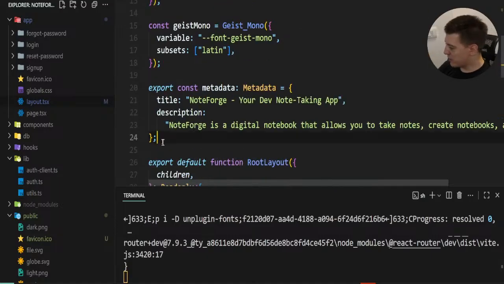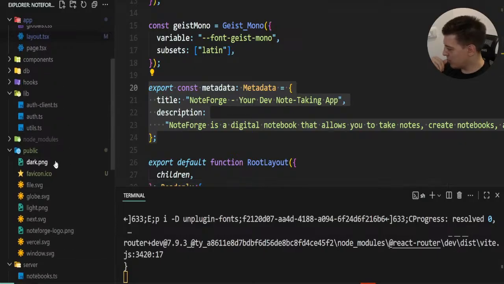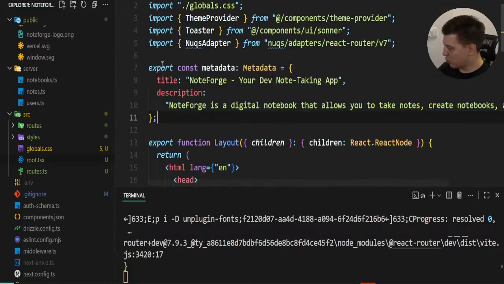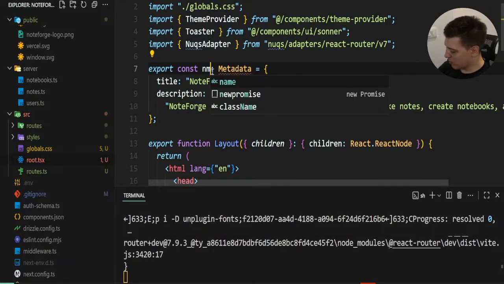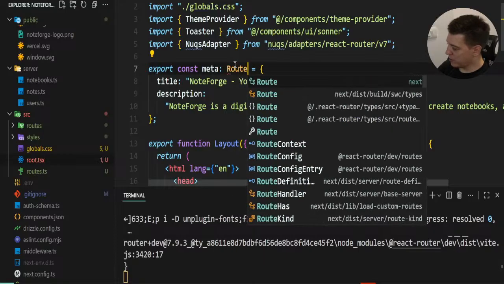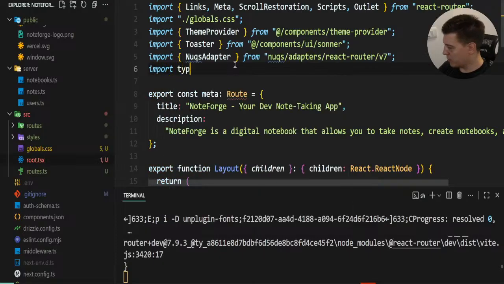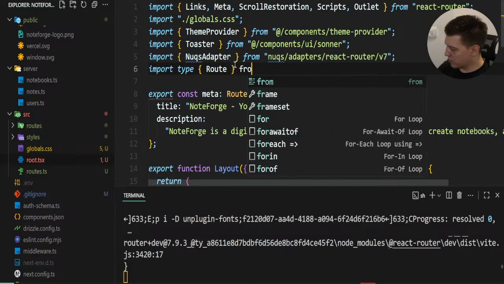Oh, and there's metadata, so this is really easy also to change. So we just go here, we do export const, so instead of metadata you just do meta, and instead of doing this you can just do Route, and the types come from, I'm gonna import it like this, so import type Route from